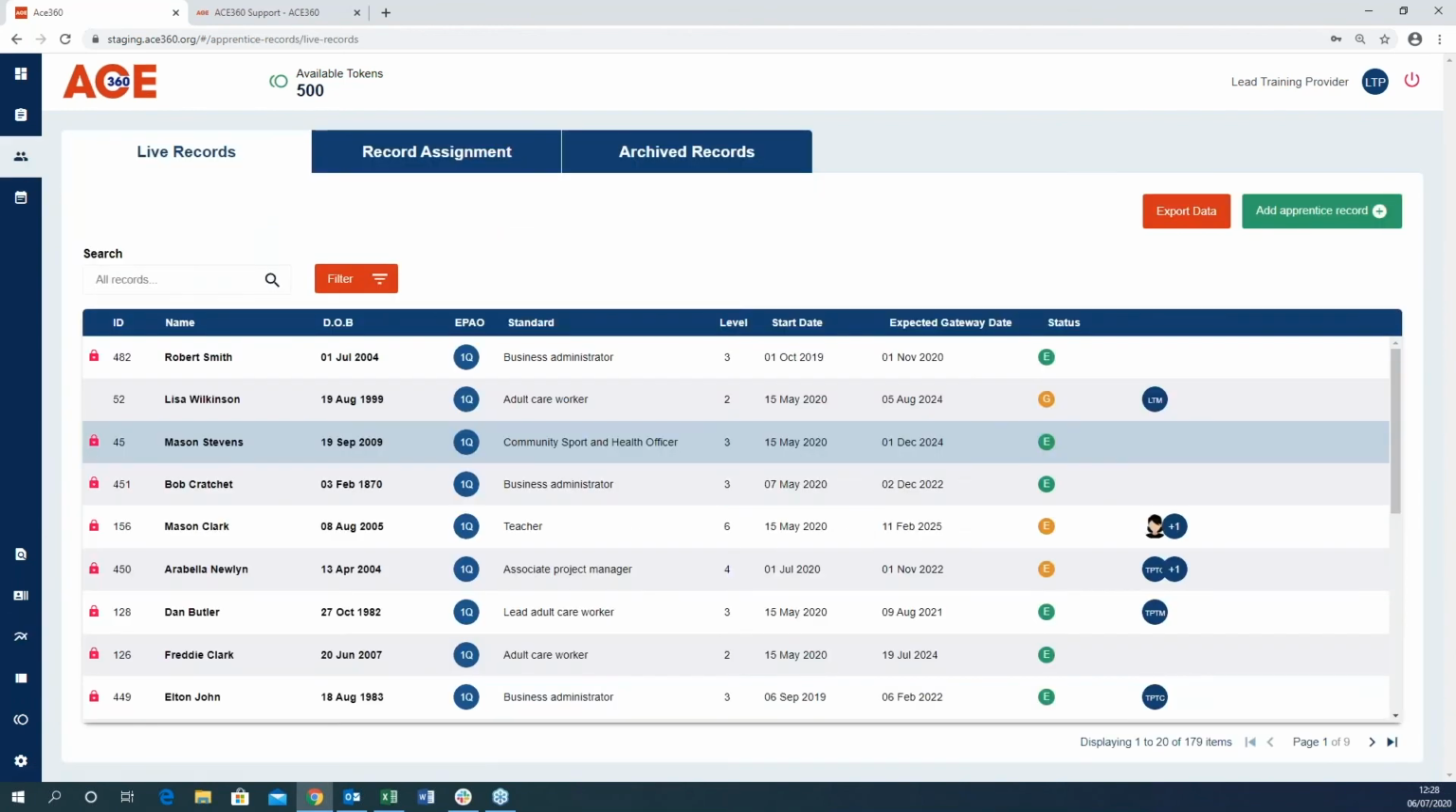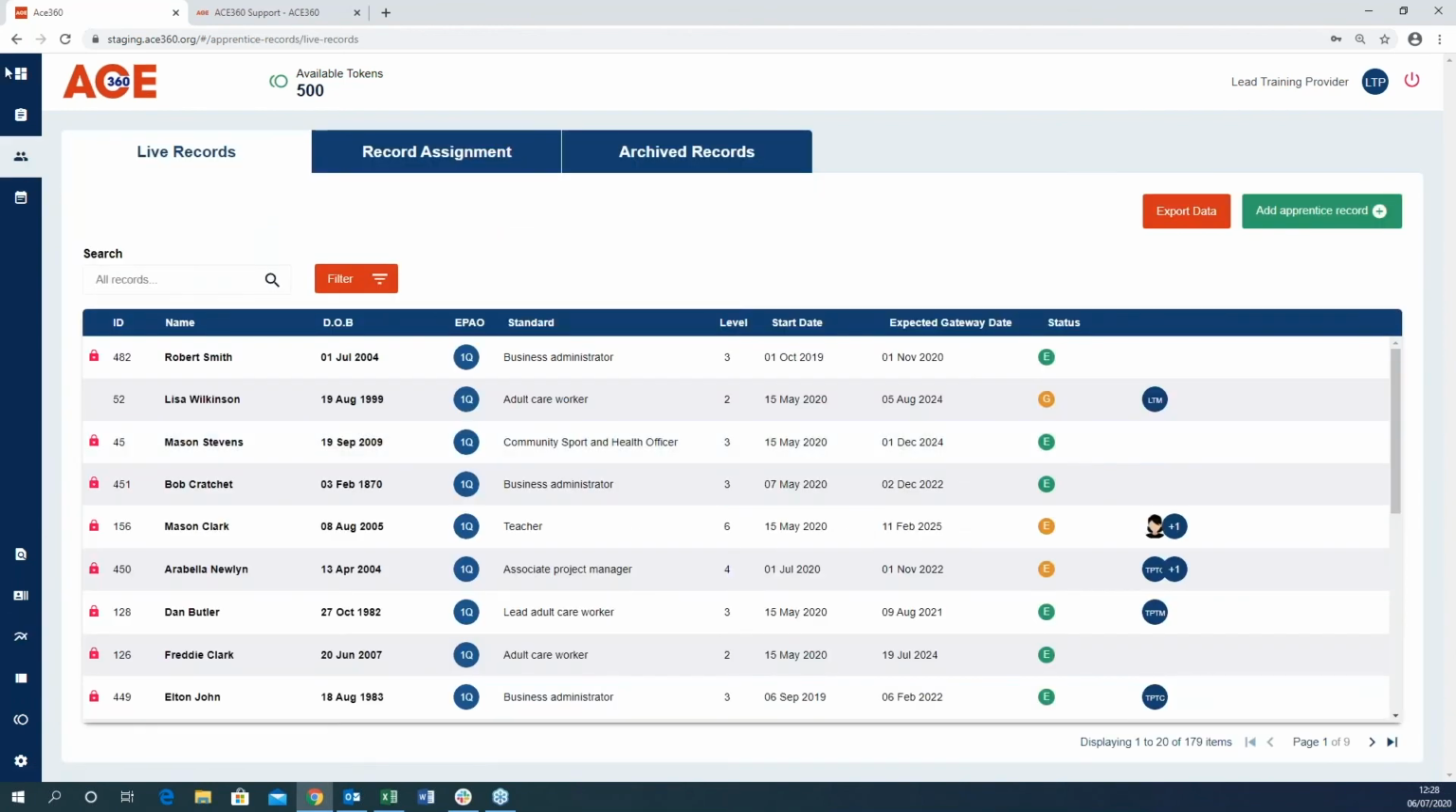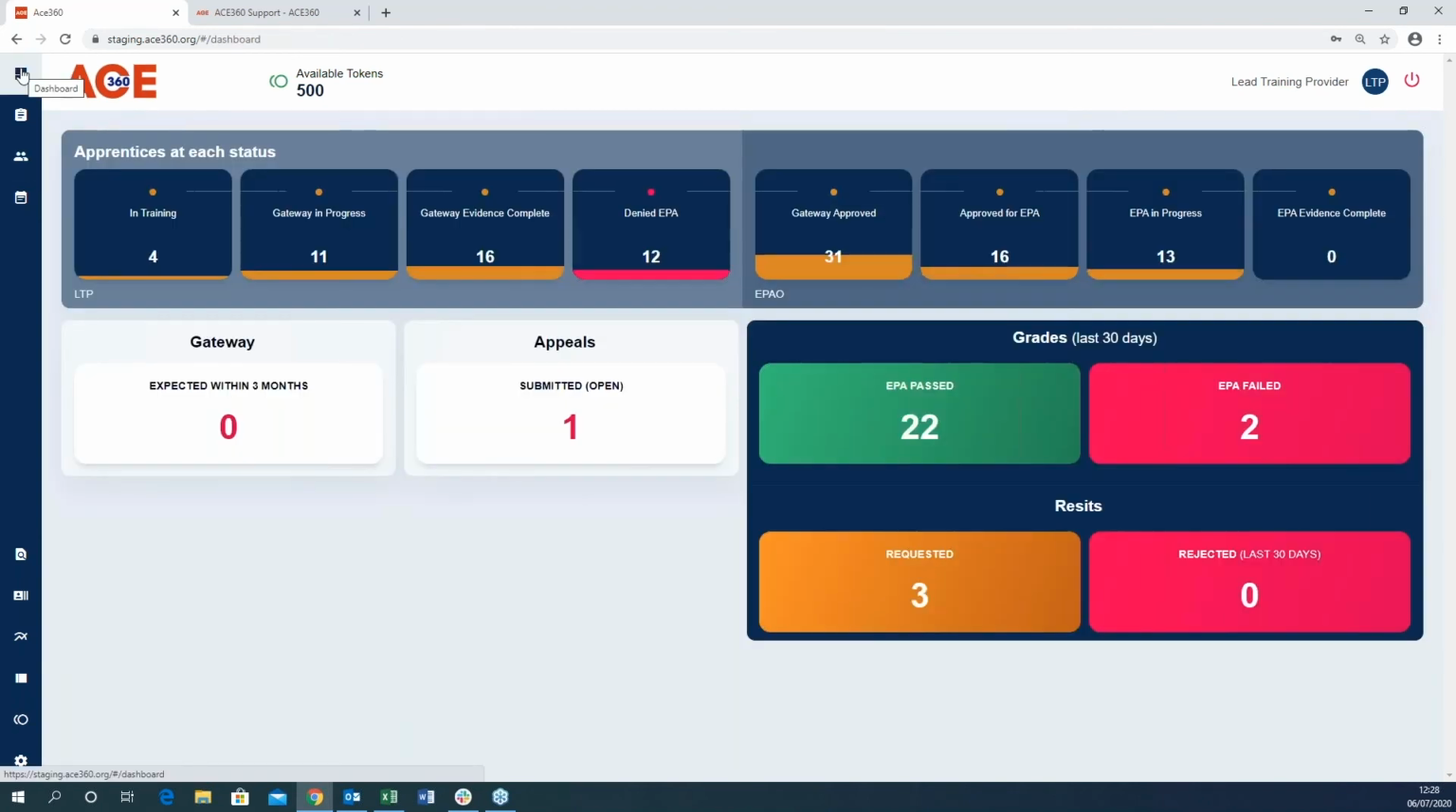We have one more thing to cover in your session today, and that's how to appeal, how to use the appeals functionality. To lodge an appeal, you'll see from your